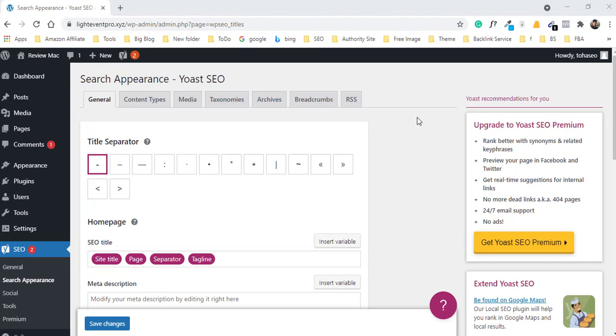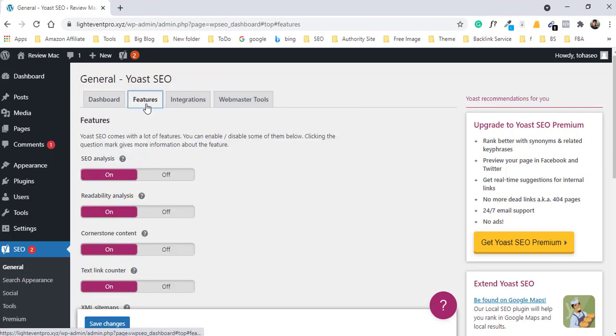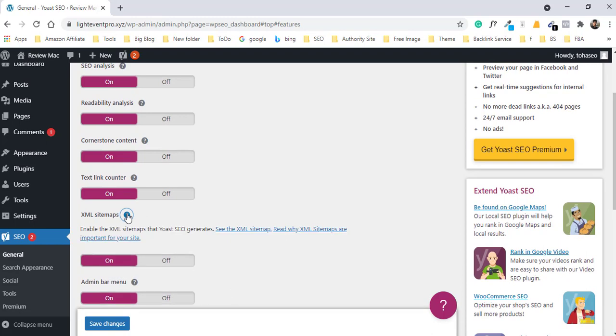Now we add sitemaps to our Google Search Console. So click on general and click on features, and here you see XML sitemaps. Just click on it and see the XML sitemaps.